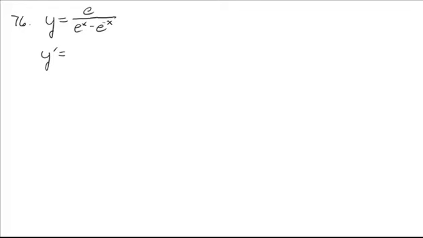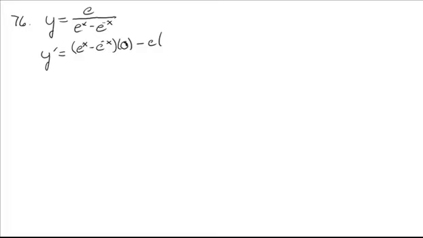We're going to run with quotient rule on this one, which is leave the denominator alone, e to the x minus e to the minus x, times the derivative of the numerator. The derivative of e is 0 because it's just a constant by itself, minus, now we're going to leave the numerator alone and multiply by the derivative of the denominator, which we can